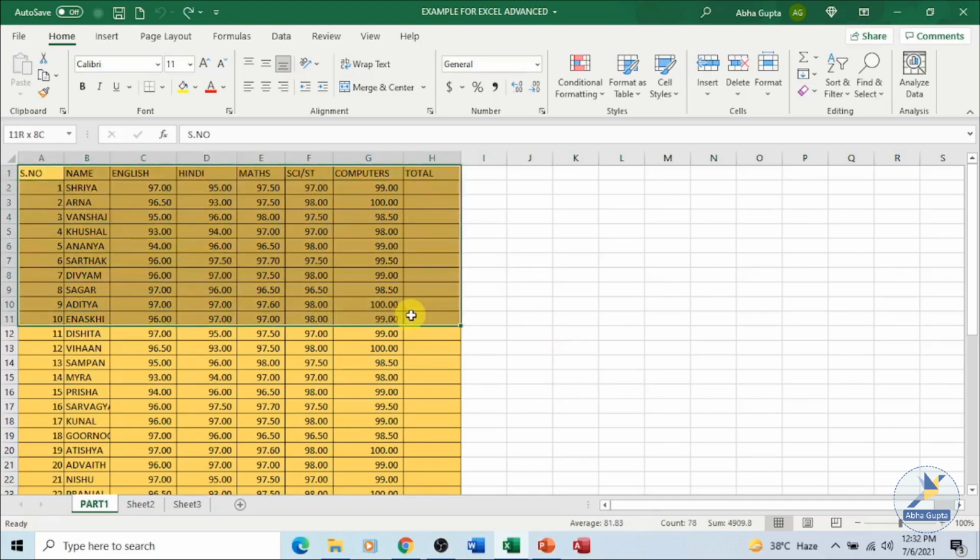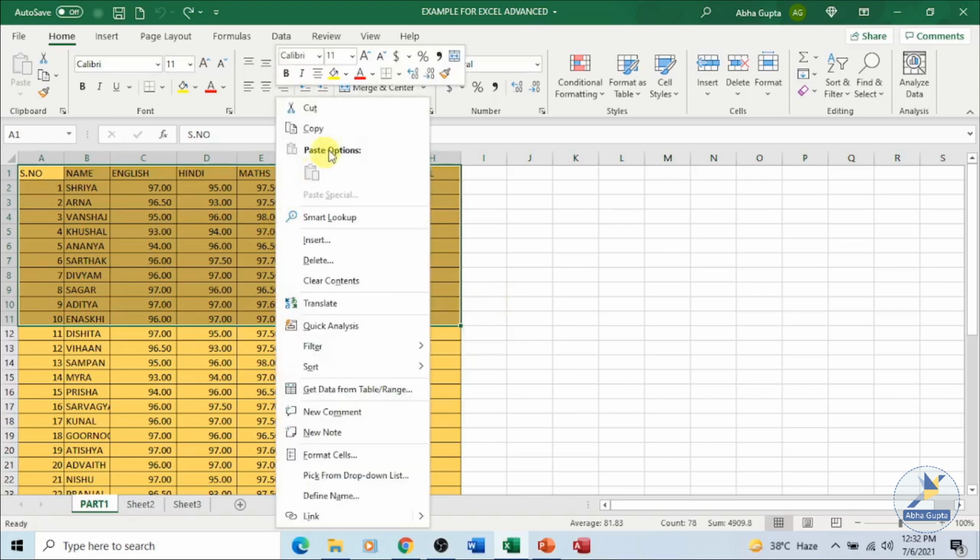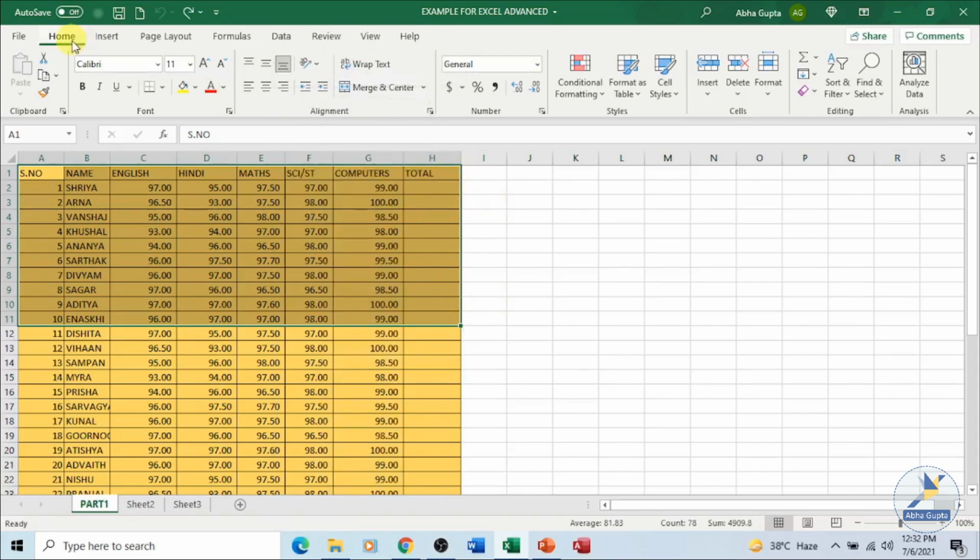Say we want to move this much data to a different place. Select the data. The moment you select it, you can either right click and select the copy option from here, or you can go to the home tab and under the clipboard group you have the cut, copy and paste option. That can be done, or you can use the shortcut keys for copying and pasting. Let's use this shortcut key. My data has already been selected. Let's press Ctrl plus C to copy the data.